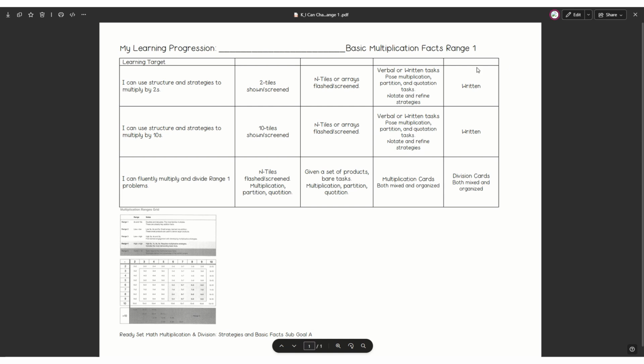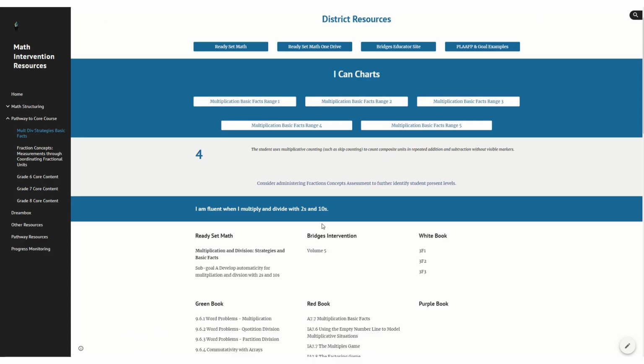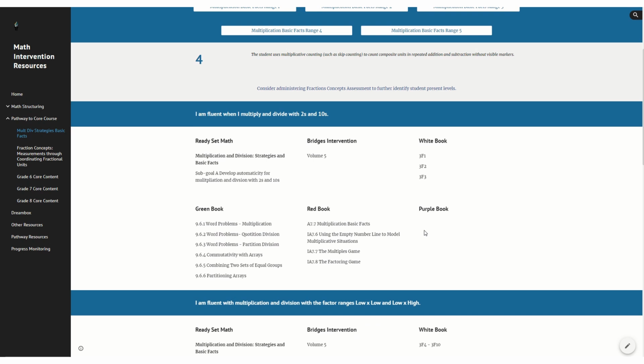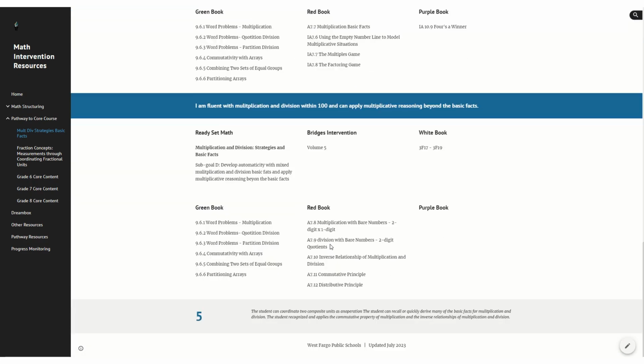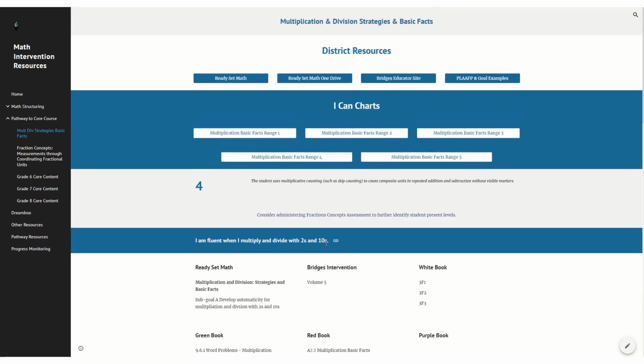to the I can chart, which has the I can statement and then breaks it down into the steps to accomplish the goal, as well as the resources that align to the I can chart that you can use. Ready, Set, Math, Bridges Intervention, the white book, the green book, red book, and so forth. Following this pathway or progression of learning will help your learners achieve what they need so they can exit the